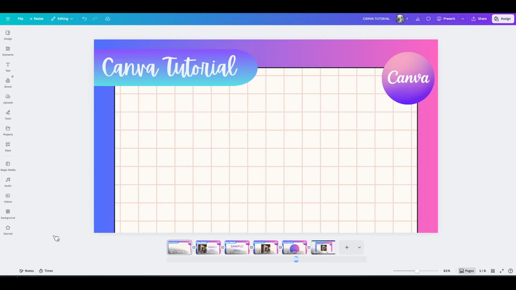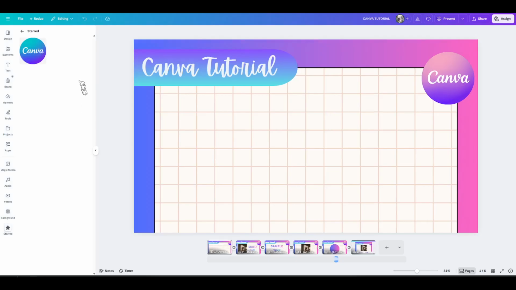The moment you click Starred, a panel opens showing your saved favorites. These are the elements you previously marked, all in one place for quick access. You'll typically see thumbnails for things like graphics, shapes, photos, videos, and other design assets you've chosen to keep handy. This view is meant to help you visually scan your favorites and grab what you need without searching through the